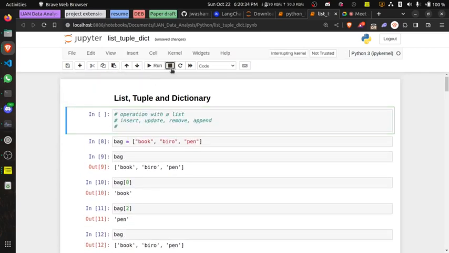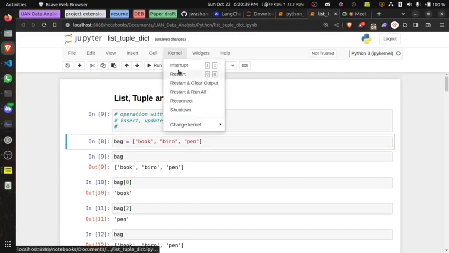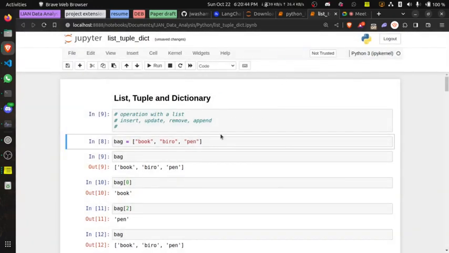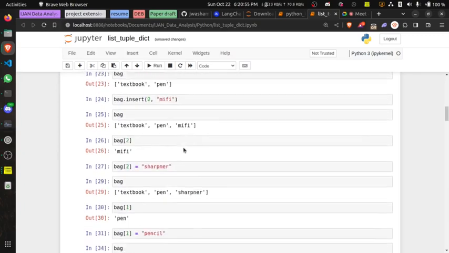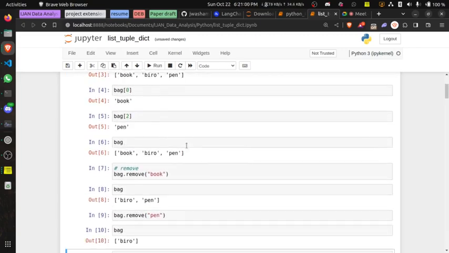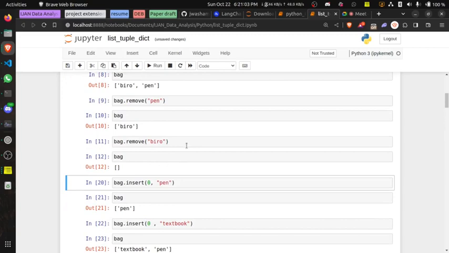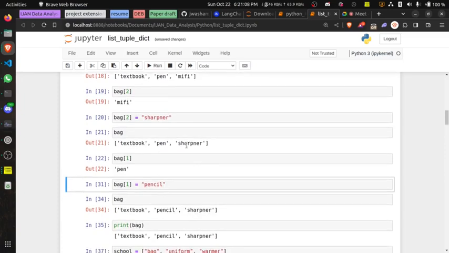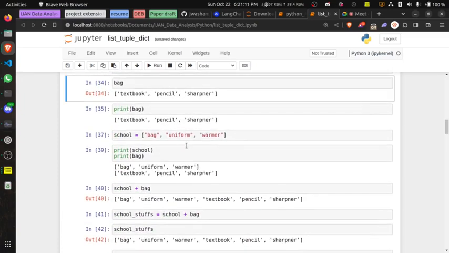I think I can stop this and start running from the beginning. Stop, then restart the kernel. So I'm restarting everything, and if I run this, it starts from one. I need this bag, so I want to use bag as an example, or I should just create a new one. Let me see where this ends. What I'm using here is Shift Enter, which runs all of this. So I'm just going to Shift Enter and continue to where I want to stop.